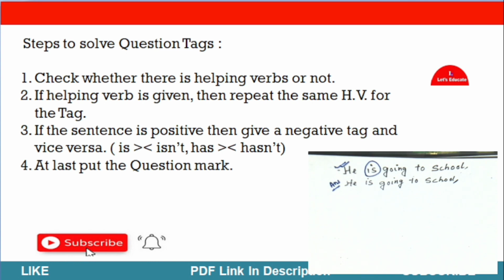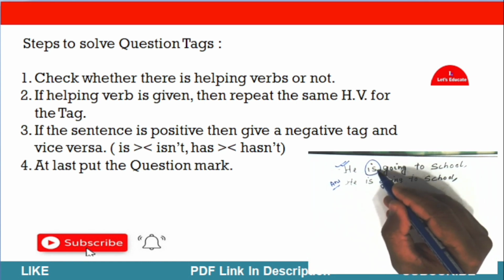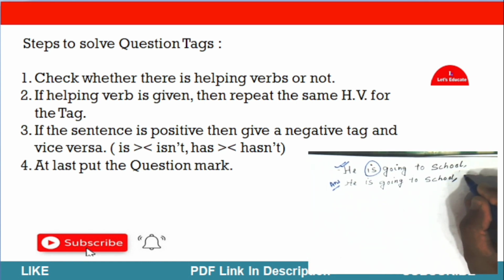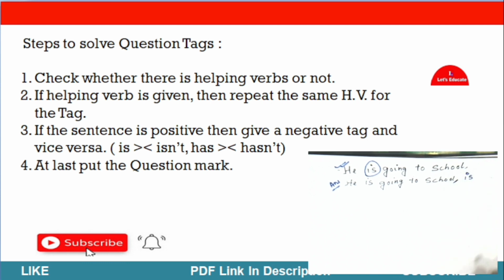Number 2 point says that if a helping verb is given, then repeat the same helping verb for the question tag. This is the helping verb. I am repeating the verb in the tag. Okay. Here I have written is. Then